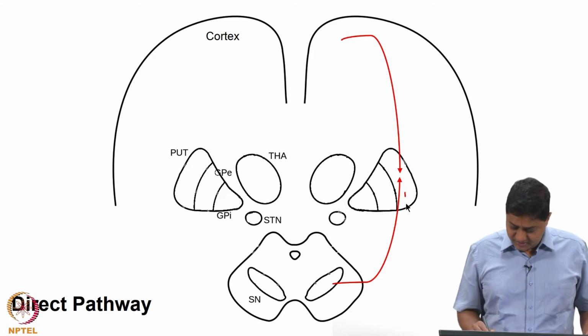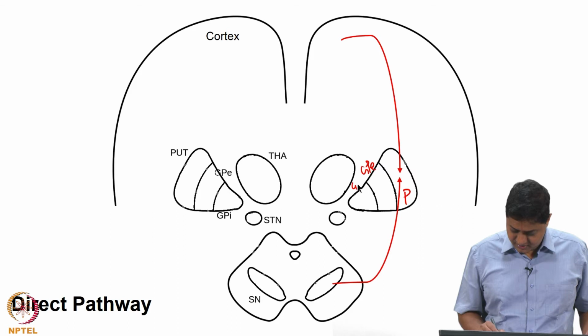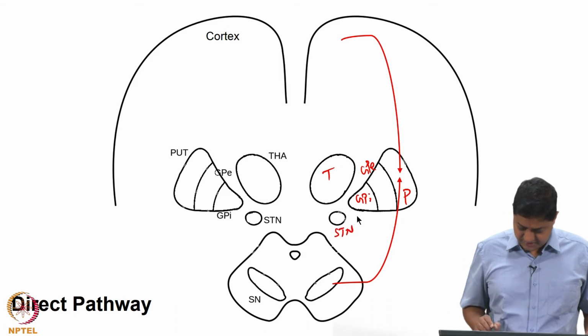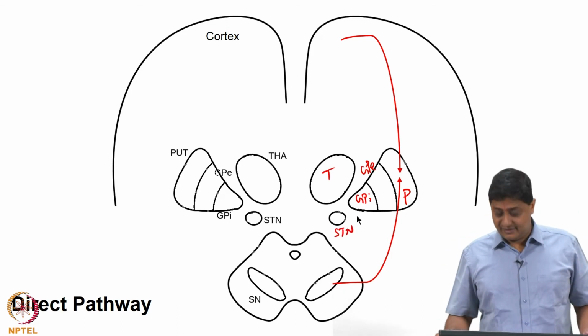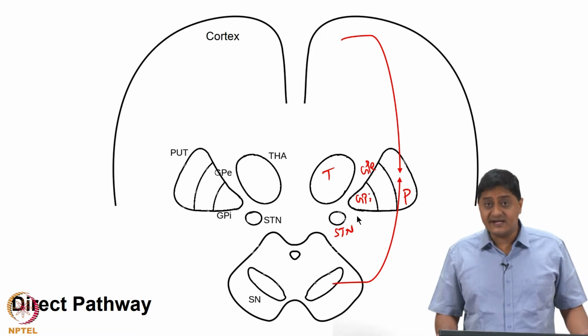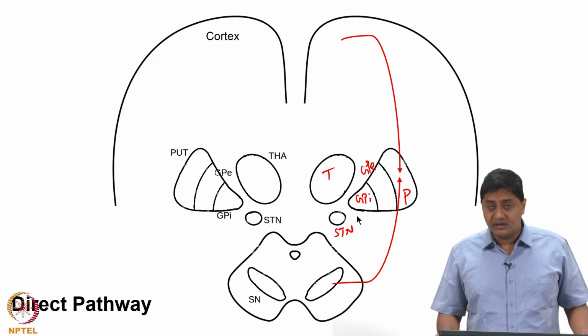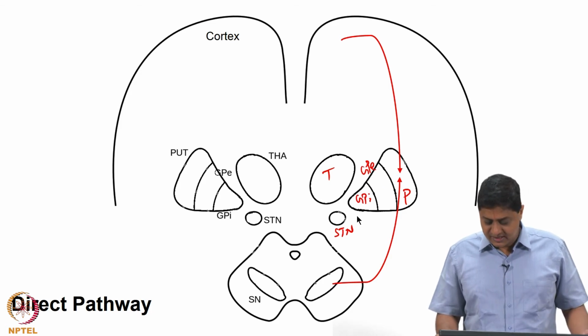In this case the putamen is taken as a striatum. This is putamen, this is GPE, and this is GPI, this is thalamus, this is subthalamic nucleus, right. So, the red connections here refer to excitation, and the blue connections and the blue arrow marks here refer to inhibition, all right. So, there are excitatory inputs from the nigrostriatal pathway and the corticostriatal pathway that